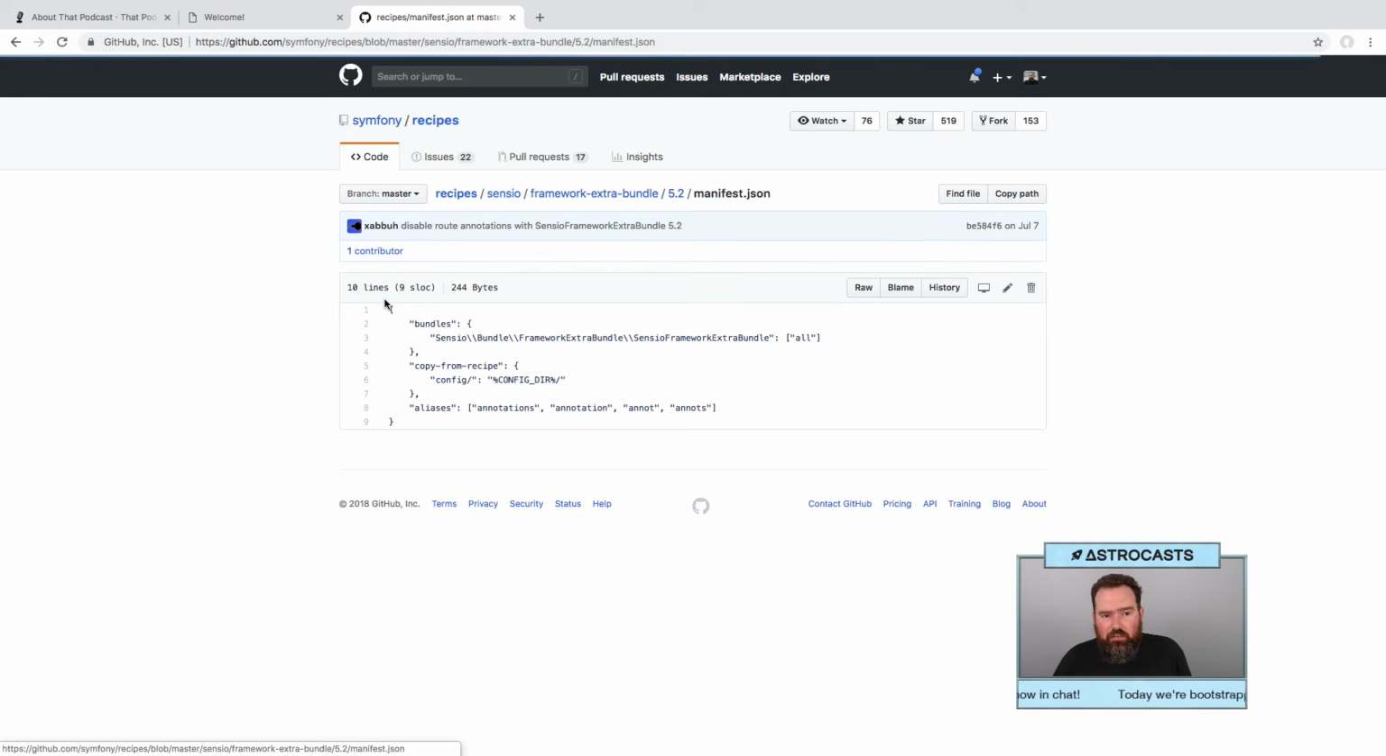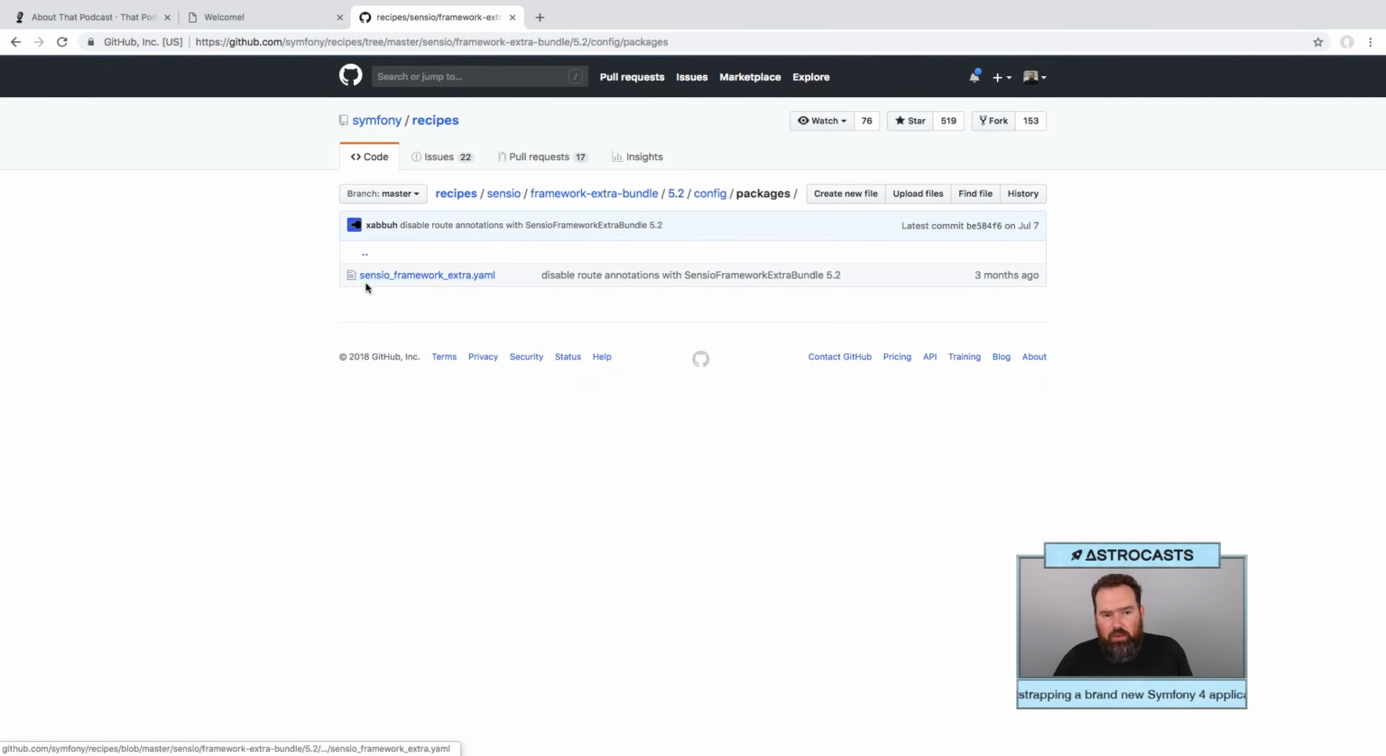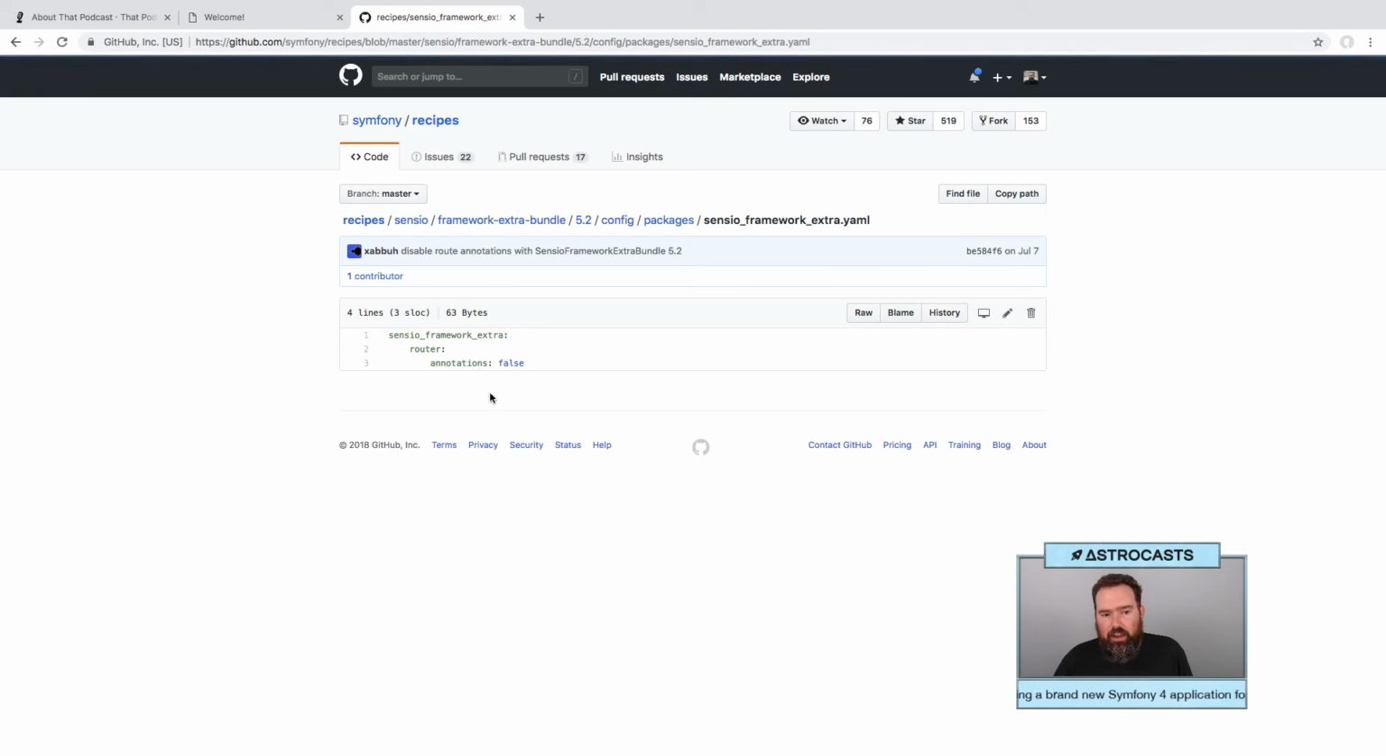If we look in the manifest, we see that it copies from recipe, the config directory, and then this is where it specifies the aliases. So if we look at the config packages, we see Sensio Framework Extra Bundle that has the same content here. So this is how Symfony Flex manages the application. Dealing with bundles in older versions of Symfony was a little more complex than this. So this is a nice way to make it easier for the installer to install the dependencies, but